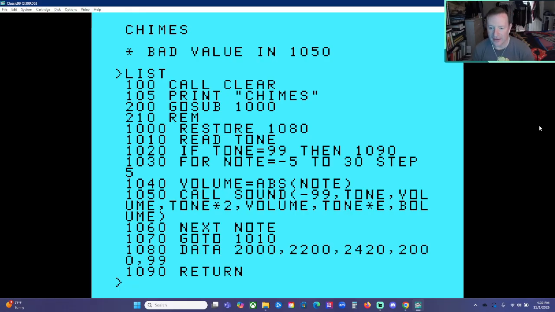Call sound 99, tone. Oh, we don't have volume. Oh, volume equals the absolute value of note. Okay. Why are we getting a... Oh, yep, there's a typo. Okay, 1050, I see a typo. It says volume misspelled instead of volume. That's my fault. Okay, call sound